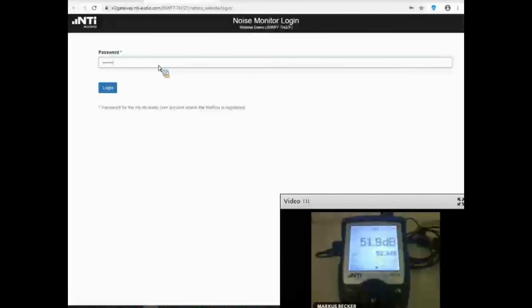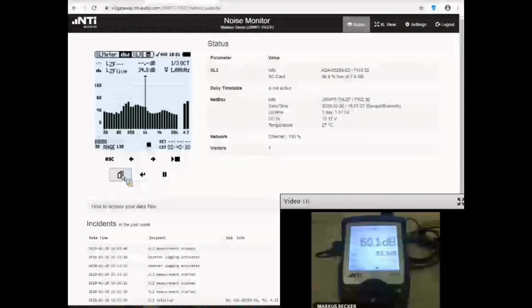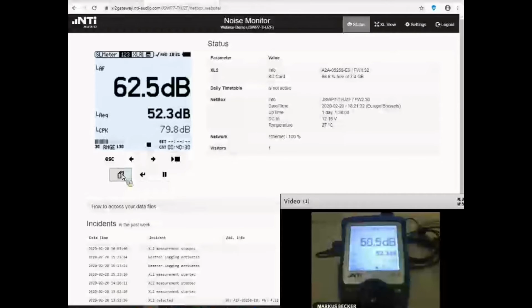Once again, I have to enter my password, and I'm here on that side. So here you can see first of all the screen content of my XL2. It corresponds to the screen that you see on the webcam. I have also full access to my XL2. These are the buttons. This is to control the cursor, and these are the buttons of the XL2. So by clicking, for instance, on this one, I switch to the spectrum mode. You see it immediately reacts.